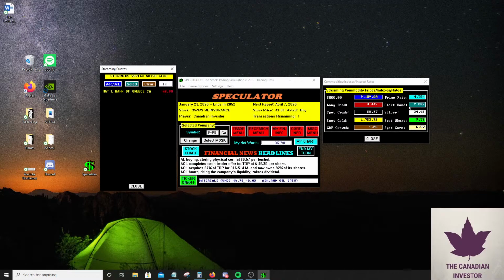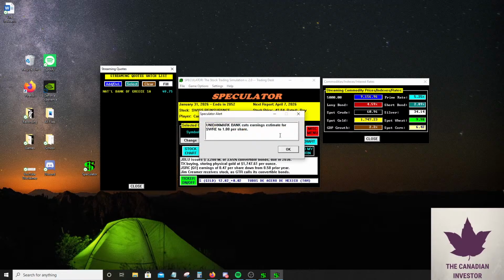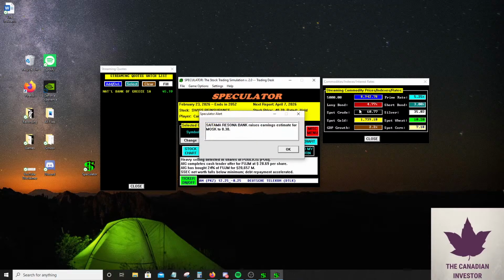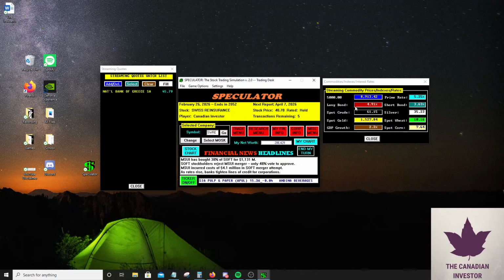So right now we're just going to keep a ton of cash until rates go up. And then once I see rates competitive, maybe like 6 or 8%, once I start seeing the long bond hit about 8%, I think it's a really good idea to go into long bonds. At least go a little bit into them. I might go in $10,000 or $25,000 increments. So I might buy $25,000 worth of the long bond at 8%.